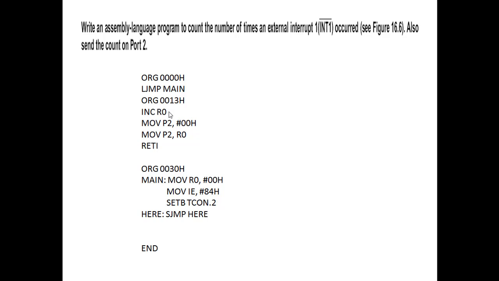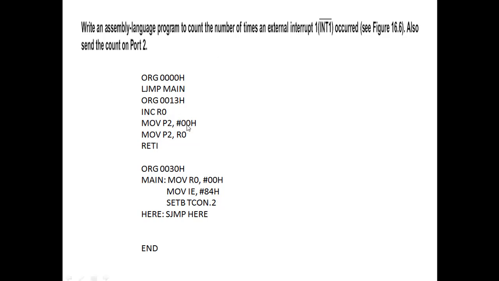Okay, and to visualize that, we are able to get how many times the interrupt has occurred. We will connect LEDs at port 2. That means we will connect the output devices at port 2. We will configure port 2 to be an output port, and that's what we have done in the MOV P2, #00H